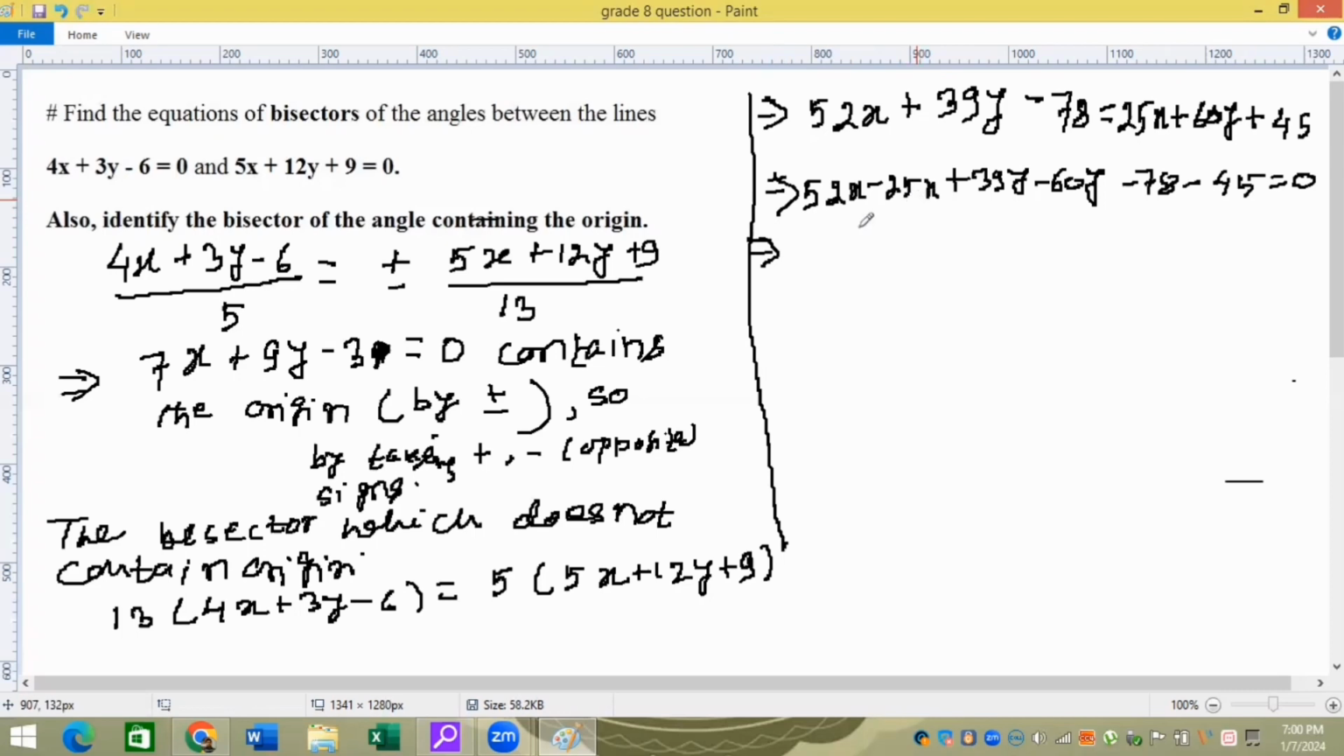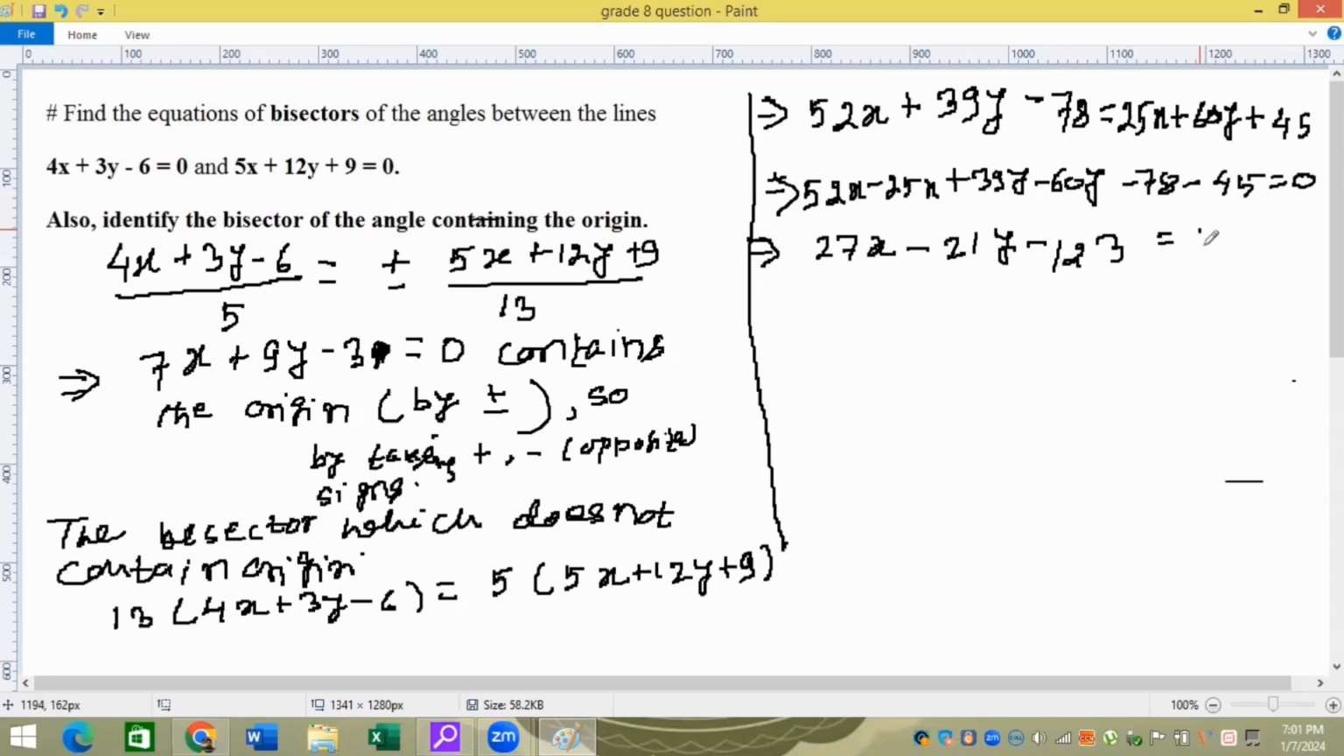So 52 minus 25 is 27x, and then it is 39, and then this is minus 60. So negative sign is bigger, so we put here a negative sign, okay, because the negative 60 is bigger than this 39 positive. So it is 21y, and then both are minus, so they will be added with a negative sign. So 8 plus 5 is 13, and 7 plus 4 is 11, and 1 carried over, so it is 123